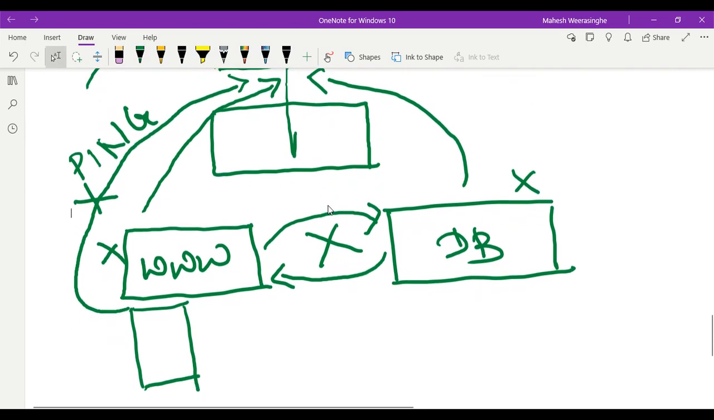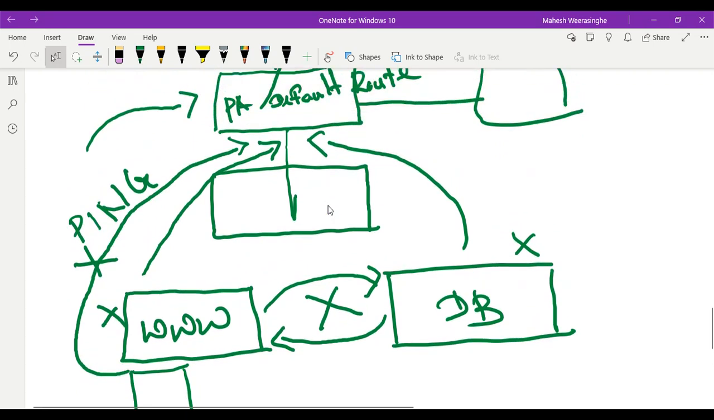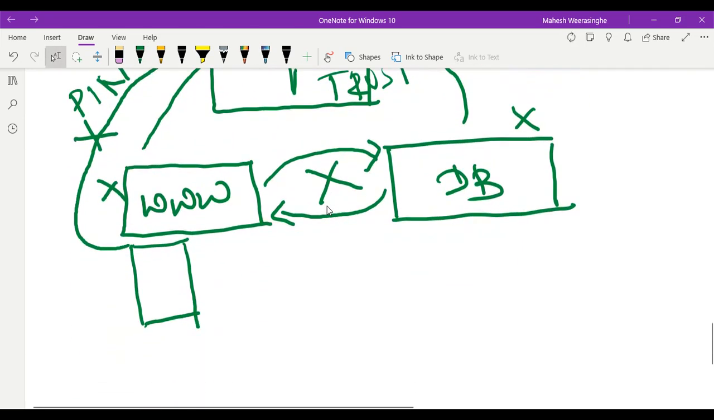this web subnet or the web server knows how to send traffic to this trust subnet. This is the trust subnet. This is trust. The web server knows how to send traffic to this trust subnet, because in the web server all the required IP